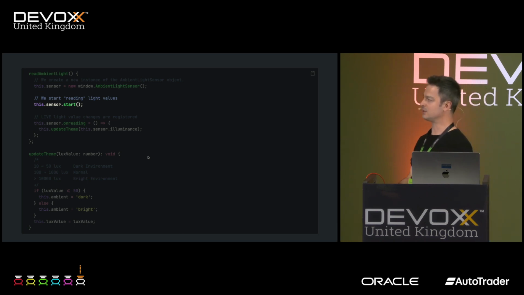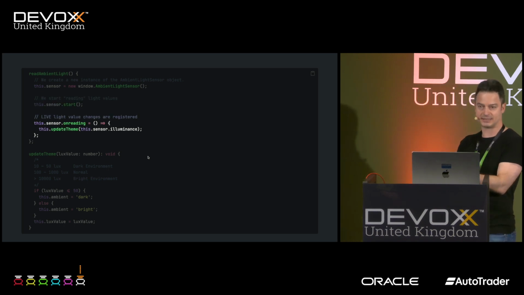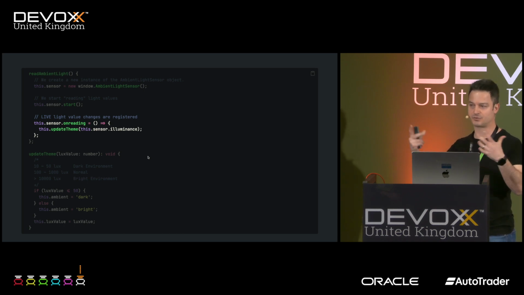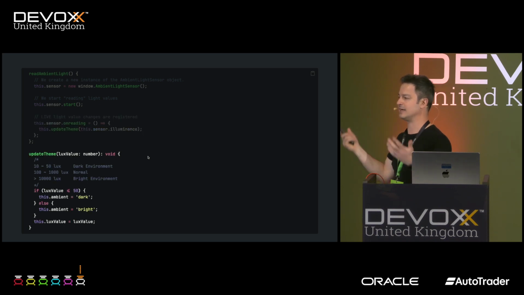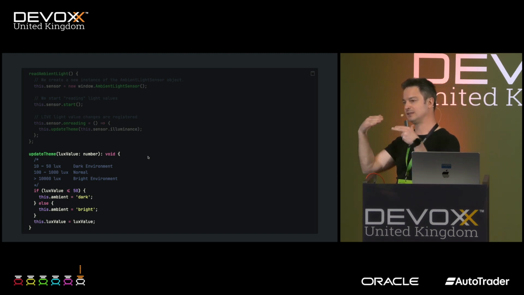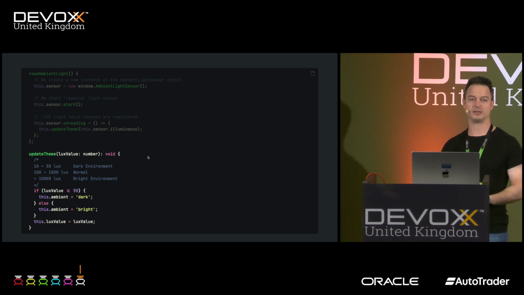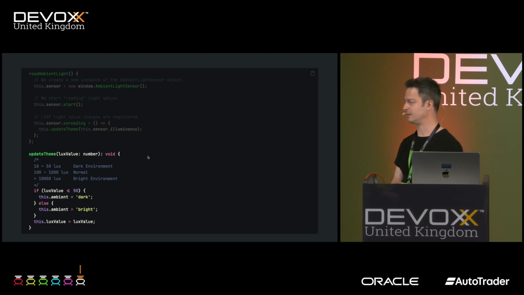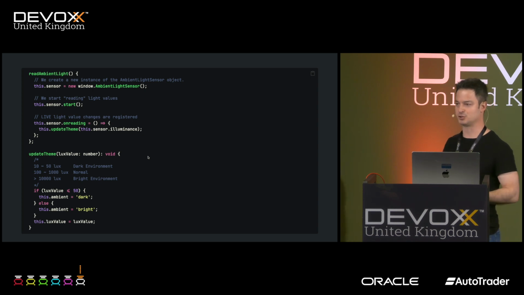Invoking the start method, we can start reading the amount of light that the sensor detects. This is given as an integer, the amount of so-called illuminance, which is the unit for the amount of light. Then we can listen to the variation of this amount of light and define the logic we want. In the demo we just saw, we set a threshold of 50, so that at 50 or lower we can say, okay, the user is in a dark environment, please switch to the dark theme. Otherwise, bright theme. But again, 20 lines of code, and we have this functionality. Very nice.